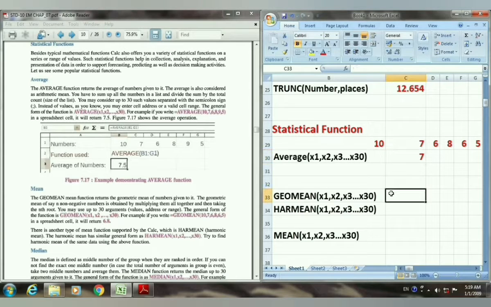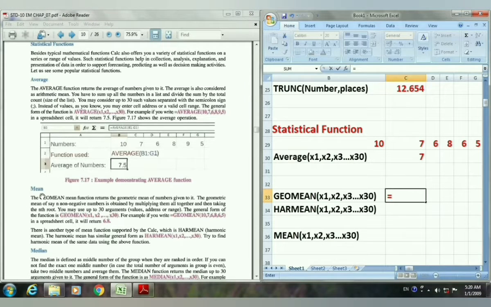First do the equal sign. The name is not mean but geomean, so you have to remember the function name. The same syntax is there, that means up to 30 arguments you can give as values.